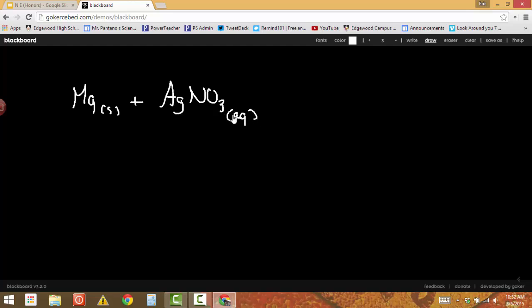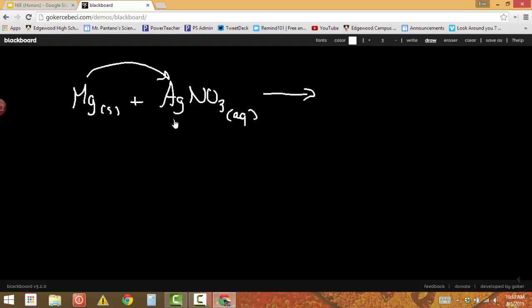Well, this looks a little familiar. As a matter of fact, this was one of the reactions that happened in your lab. Type of reaction: a metal plus an ionic compound, that's single displacement. I need to check to see if magnesium is more reactive than silver, so I need to check the activity series. And when I do, I see that yes, magnesium is more reactive than silver,